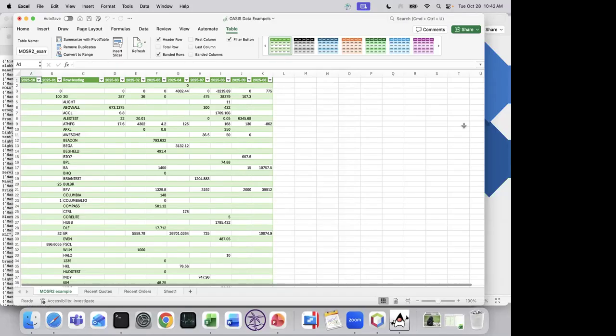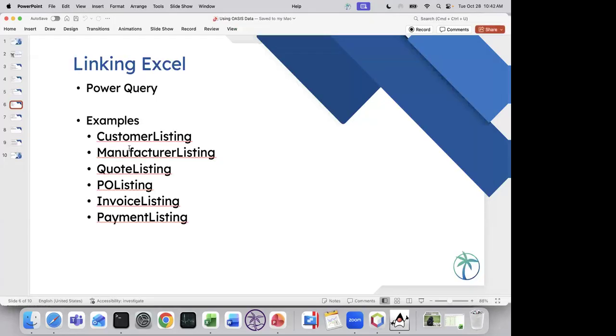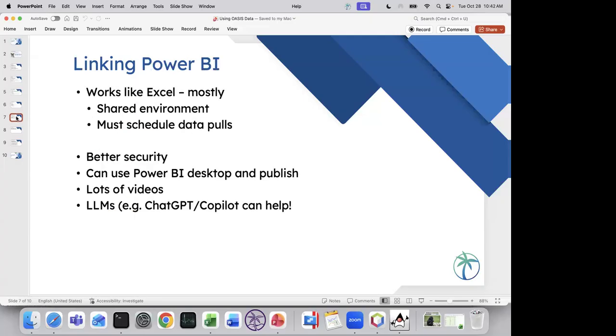Let me go to the next level here, make sure the next screen here. So, all right. Went through fairly quickly, but I did customer listing, manufacturer listing, basically all the listings in there. I went ahead and added in Moser 2 on that. It's in beta, but it's worth showing because it's more of what I see coming, just to make more and more data available. All right, so linking to Power BI, what I'll simply say is it works mostly like Excel,